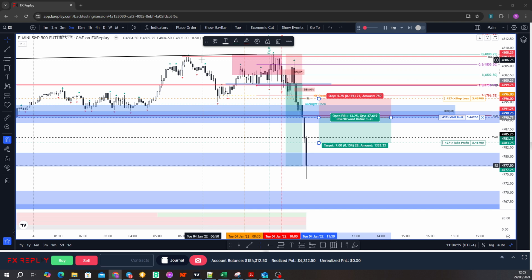We could argue that the low time frame PD array was the persistent swing point candle. The market